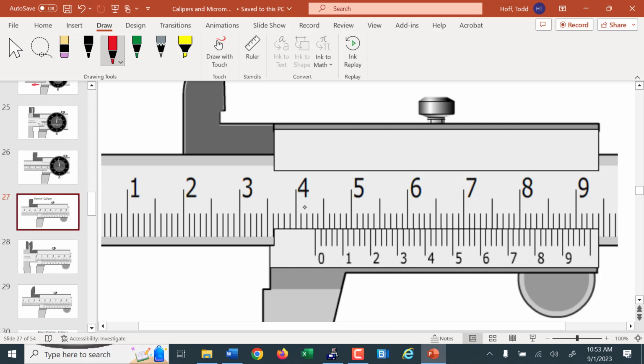Vernier metric is similar, only this is labeled from 0 through 10. Notice only every 2 spots, it's only 5 spots between 0 and 1. So each spot on here is actually 2. So this is 2, 4, 6, 8, 10 is what those are reading. So this is 43 point